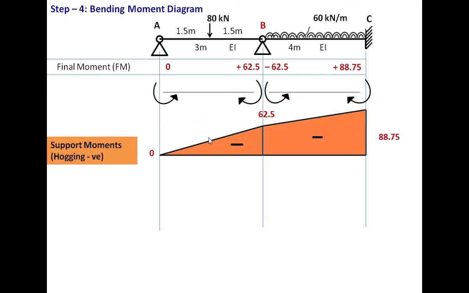So first we will use the method of superposition for plotting the bending moment diagram, in which we first plot the hogging moment. Hogging moment we also call the support moment, since we got these moments at the support only. This is 0, this is 62.5 total moment, and it is a negative hogging moment. So with some negative scale, we'll put a point here at 62.5, and this is also hogging. So from the baseline we'll plot a point at 88.75, a point will be marked here, and these 3 points will always be joined with a straight line, and we'll get a diagram here. So this entire diagram is a hogging diagram.